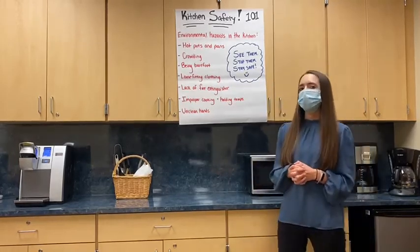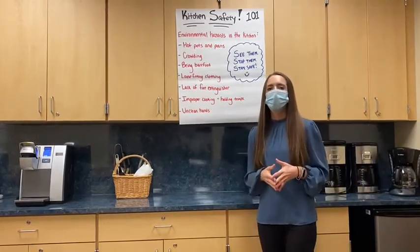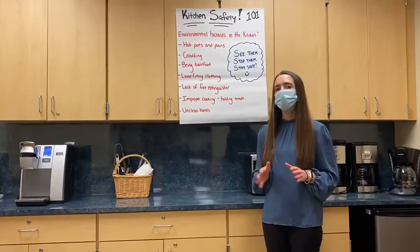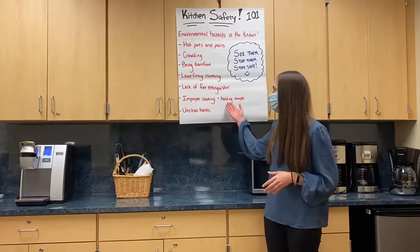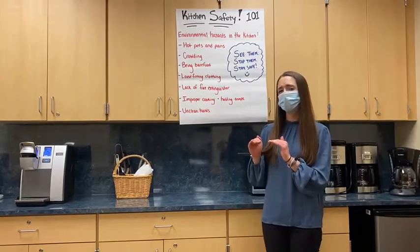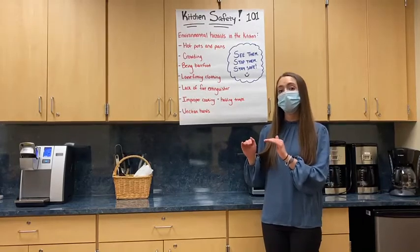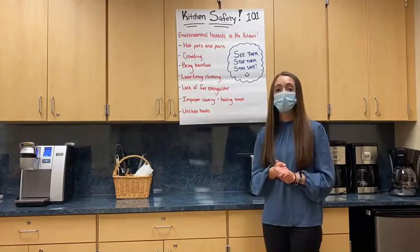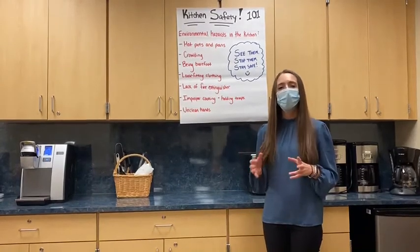Improper cooking and holding temperatures are another hazard in the kitchen, so you want to always cook your meats and your poultry to the proper cooking temperature. And there's also something called a holding temperature, which means you have to not only cook the meat so it reaches that temperature, you have to hold it at that temperature for a certain amount of time. So try to read the recipes and make sure that you check with a meat thermometer how hot your food